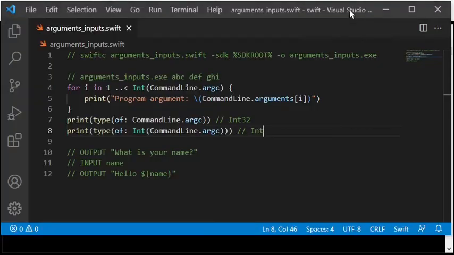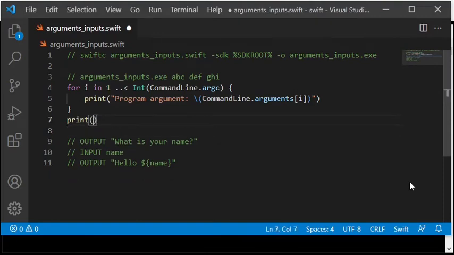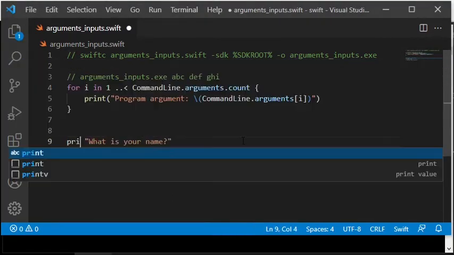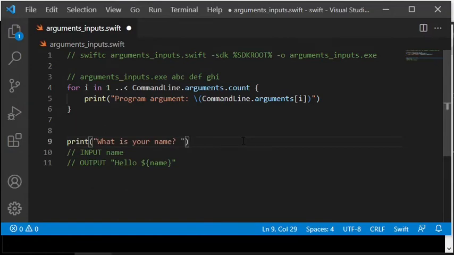Now I will implement the second part of the program, receiving input from the keyboard while the program is executed. The question, "What is your name?" is printed to the screen with the print function. I use the function readLine to read input from the keyboard. That function returns the string that the user entered, and I receive it into a variable name. Then I print the variable name to the screen by using the function print and the text hello as prefix.